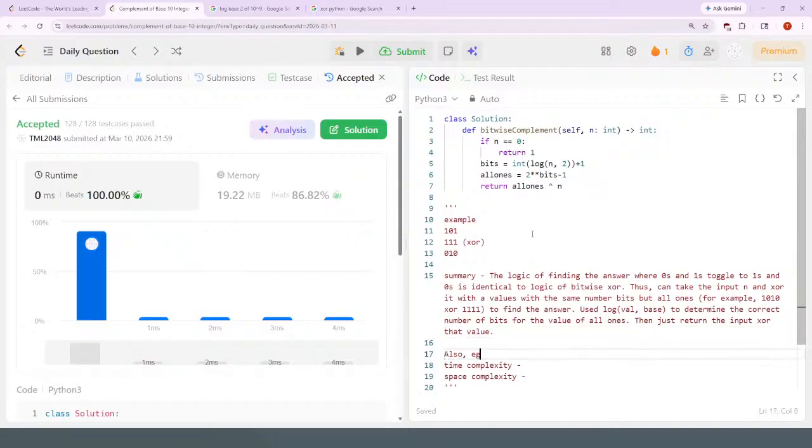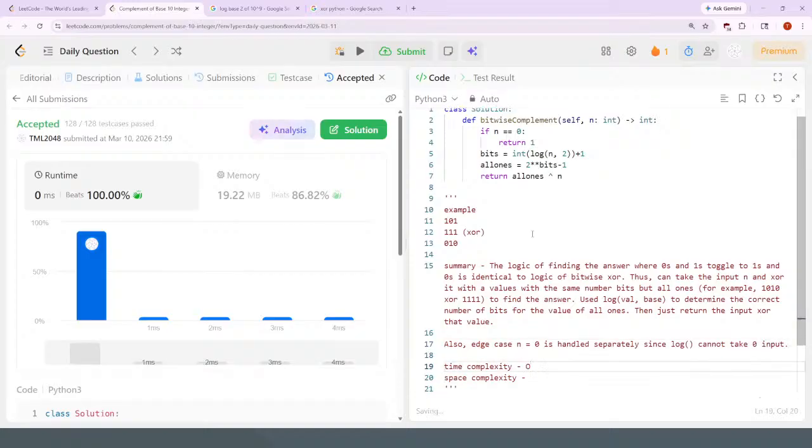Also, edge case n equals 0 is handled separately, since log cannot take 0 input. Time complexity, this can be O of 1,